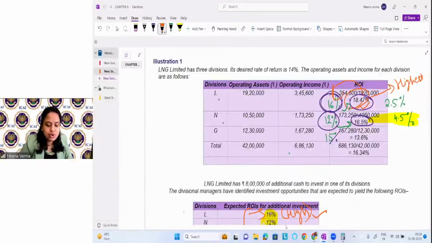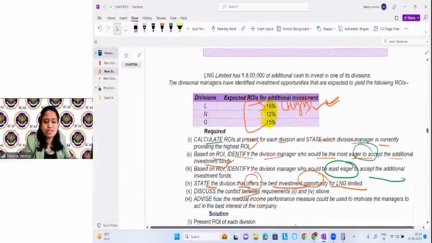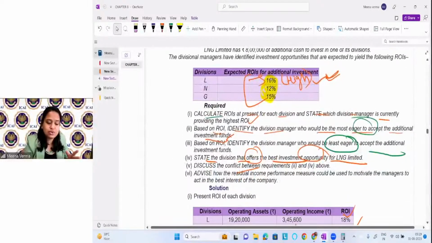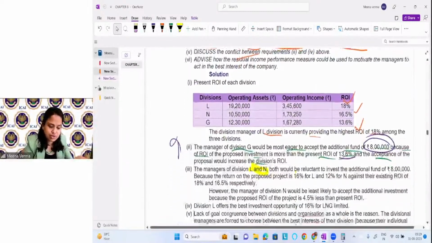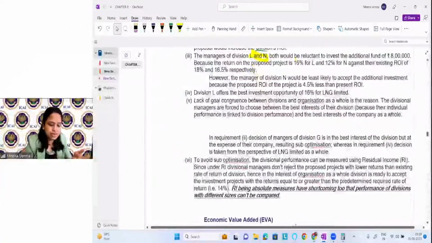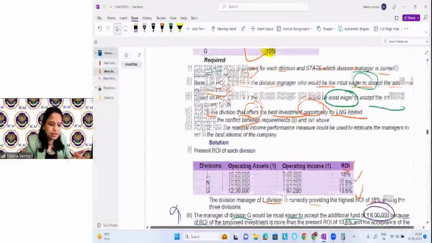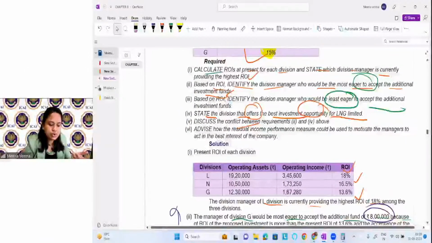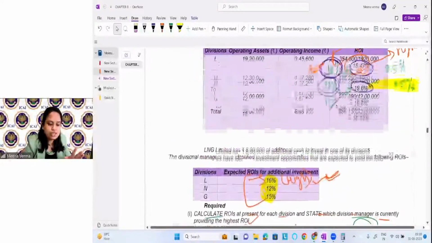Here, according to this, you are saying L will earn the highest return. But if you will see here, L is not at all earning the highest return. His return is actually decreasing here, which is not at all good, right? So you can see here that on one side, it seems to look like, okay, it is a good investment. On the other side, it is not looking like a good investment, right? So for that reason, you can write the contradictions here. Okay. And which is not as per goal congruence. Goal congruence means, if you will see the goal congruence,